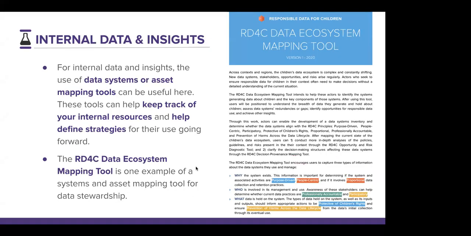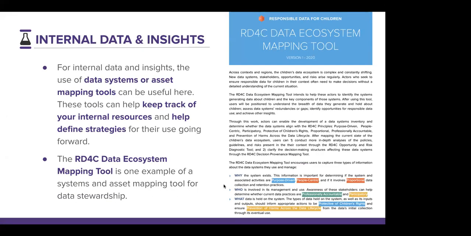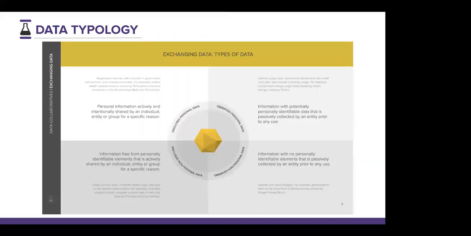And so here we typically suggest that in order to do so, you do this kind of data audit, right? Start with the question, and then what is the kind of data that I need? But you can also do some kind of data ecosystem mapping in order to understand then, all right, if this is the kind of data that I need, what's the minimum viable data that is available? And this is an example of a mapping tool that we have built for UNICEF in order to have them become smarter about data for and about children.